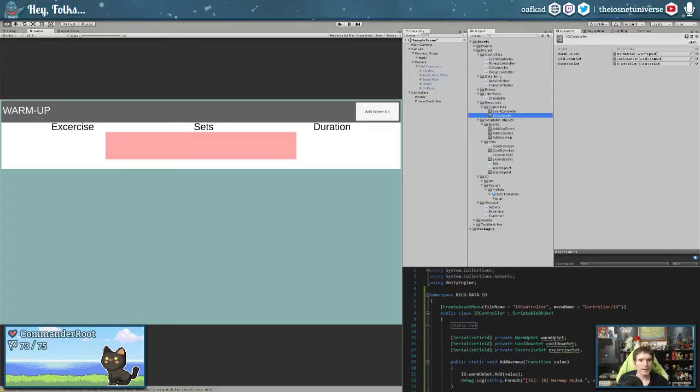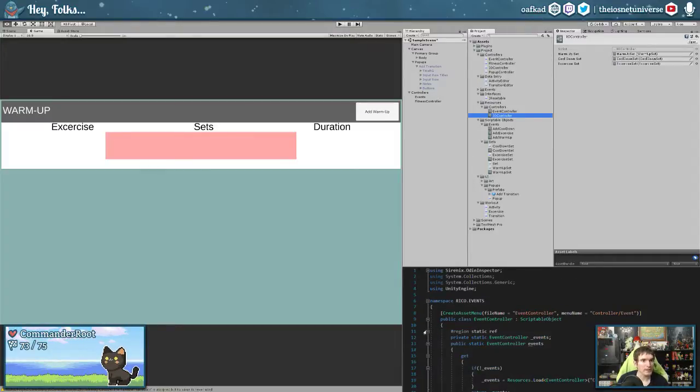Save data. Now, what we need to do is a couple things. The first is once the save data is loaded, we need to trigger a loaded event. That way, everything that needs to be filled in with data can then fill in with data. Pretty simple concept, I think.